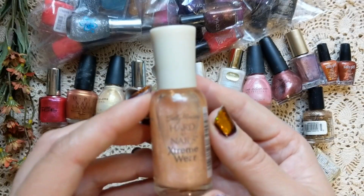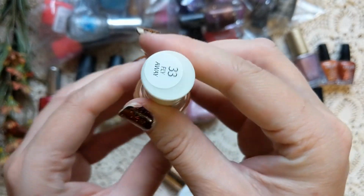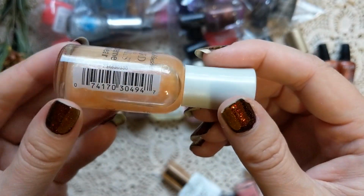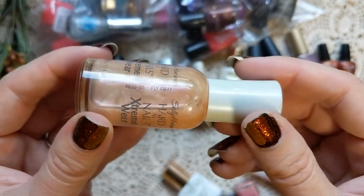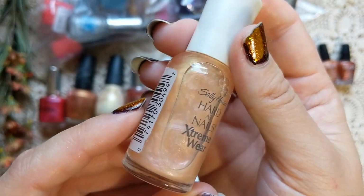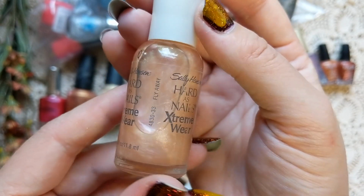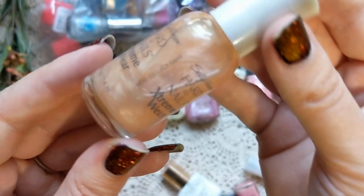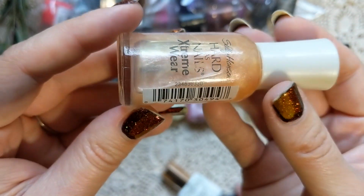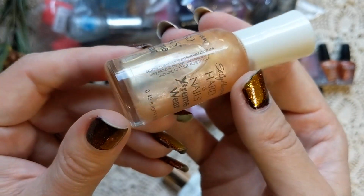Next is one by Sally Hansen. This is in their Extreme Wear line, and this one is called Fly Away. This looks like it's another sheer sort of topper, and I definitely have colors kind of like this. This is definitely one of those polishes that most brands come out with when they do a collection of toppers, and it is this sort of pink to gold to light green shimmer, and it's in a clear base,